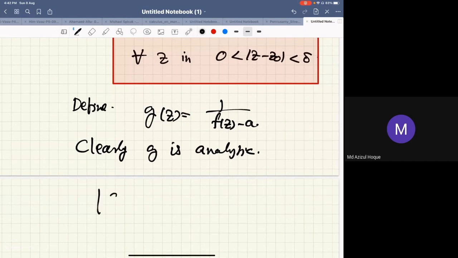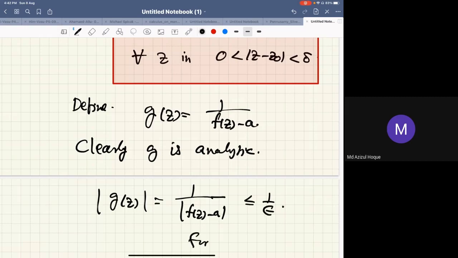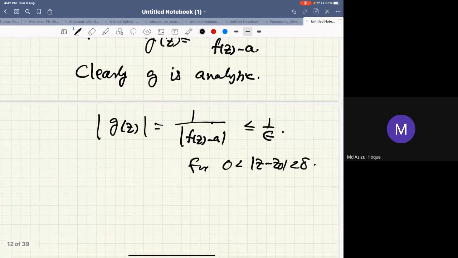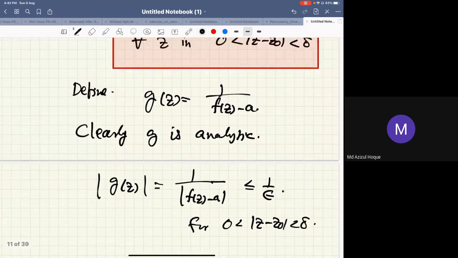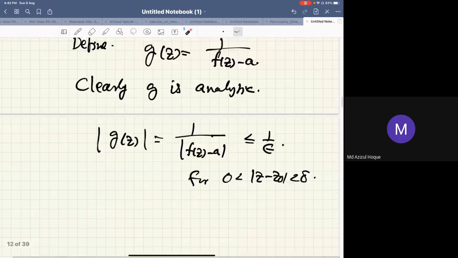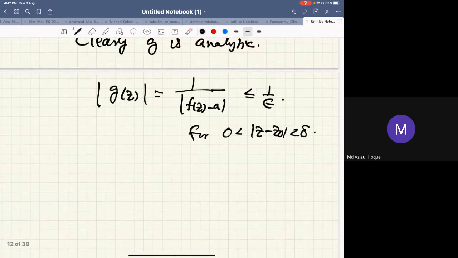And modulus of g of z is nothing but modulus of 1 over f of z minus a, and this is less than or equal to 1 by epsilon. So this happens in the deleted neighborhood of z0. Okay. Now what is given? What did we obtain for g? g is an analytic function bounded in a deleted neighborhood of that point. Okay. So by Riemann's theorem,